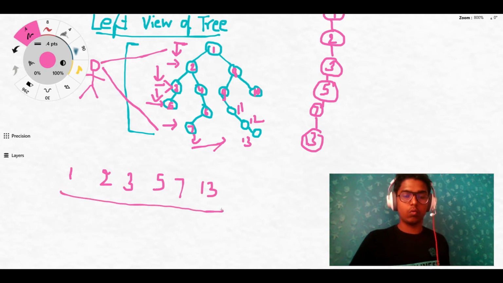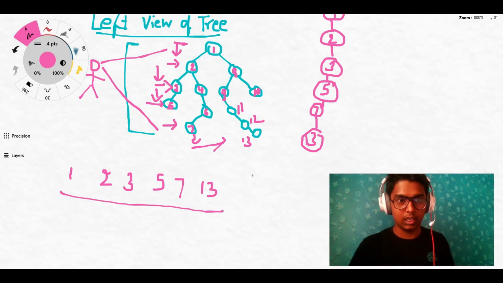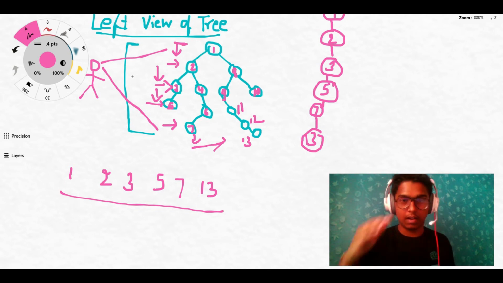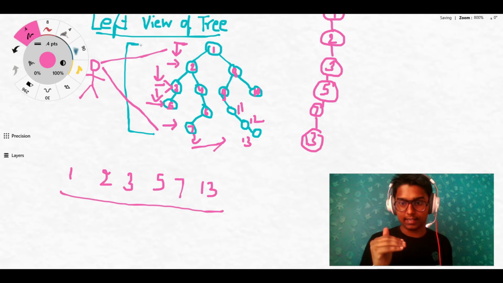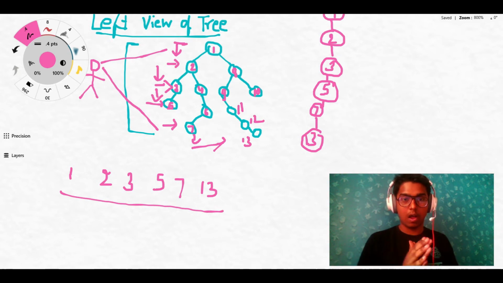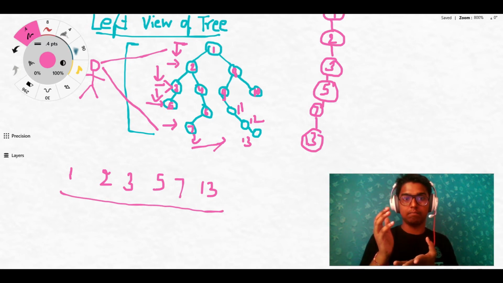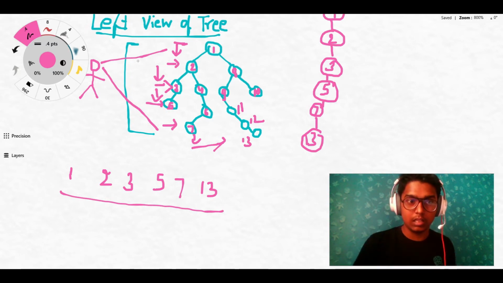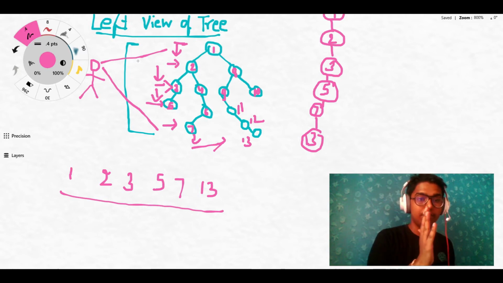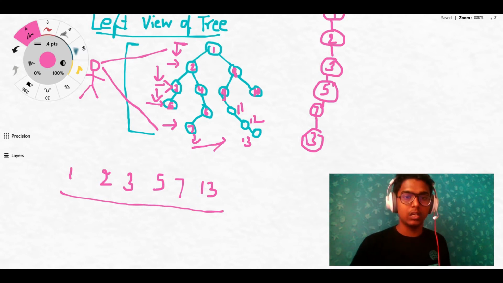One thing we have noticed in this traversal is that it's kind of height based. We are traversing through the height, right? Whatever we encounter first on that height will be the left view of the tree.